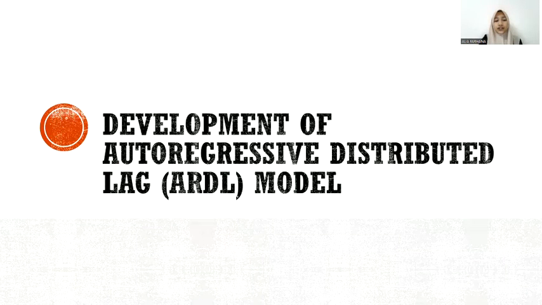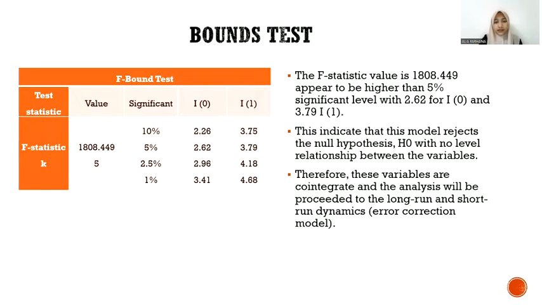Development of the autoregressive distributed lag, or ARDL, model. Firstly is the bounds test. The F-statistic value is 1808.449, which appears to be higher than the 5% significance level bounds of 2.92 for the lower bound and 3.79 for the upper bound. This indicates that the model rejects the null hypothesis of no level relationship between the variables. Therefore, those variables are cointegrated and the analysis will proceed to the long-run and the short-run dynamic